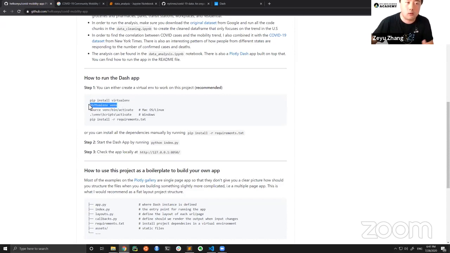And you just initialize the virtual environment. You activate the virtual environment, with a different command on Mac and Windows, and then you just install all the packages listed on this requirements.txt file. Or if you don't care about the virtual environment and just want to install all these on your general Python interpreter,